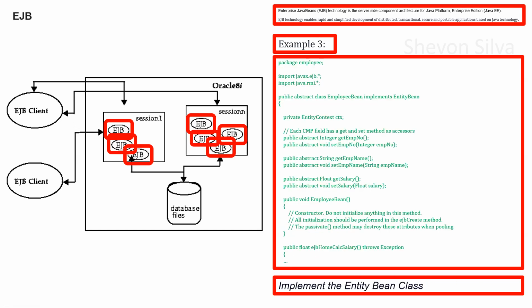As an example 3, we can consider this: implementing the entity bean class. Here we can see the code segment. Here in the full code,